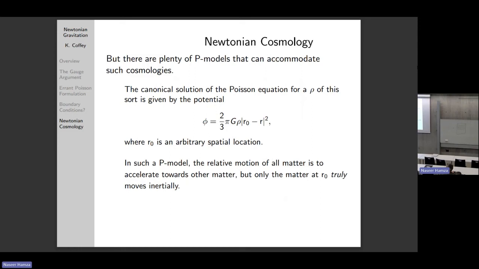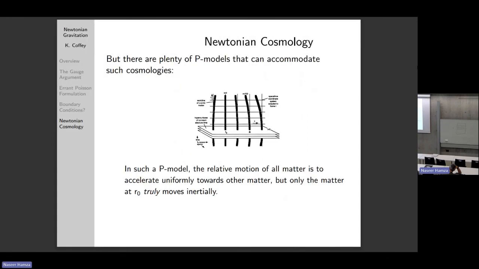And so it can be any point in the universe, right? And so if you have a uniform rho distribution, there are an infinite number of solutions, each of which corresponds to a different R0, right? You don't notice this. That was actually Norton's point in drawing this diagram. His point was that you don't notice this observationally because the relative acceleration of all the matter remains the same no matter which R0 you pick. But you have an infinite number of these different solutions, right? And he's really unhappy with that.